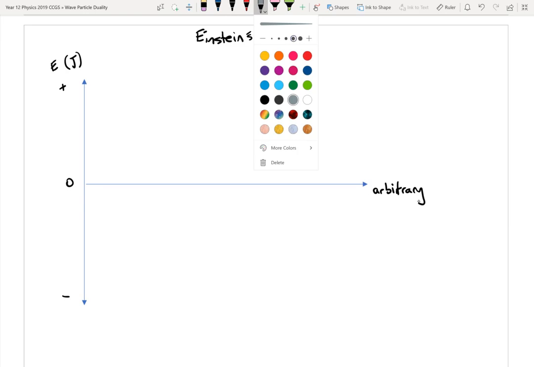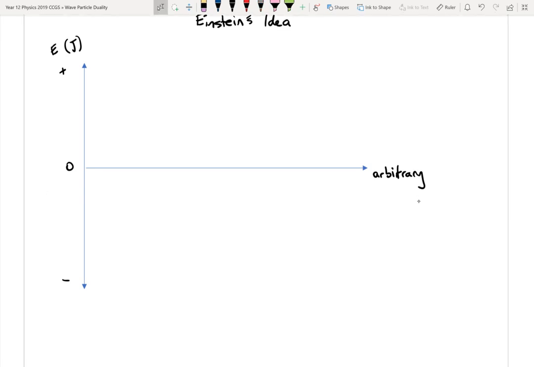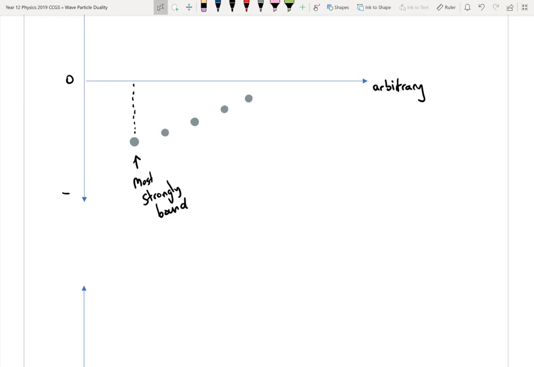Einstein suggested that what you have in an atom, such as the metal that was in the photoelectric effect, is various atoms at different bound states. And the one that's in the lowest negative is the most strongly bound. So possibly maybe the closest to the nucleus in one of those good old S shells. And then this one here at the end is the least bound, or least bound